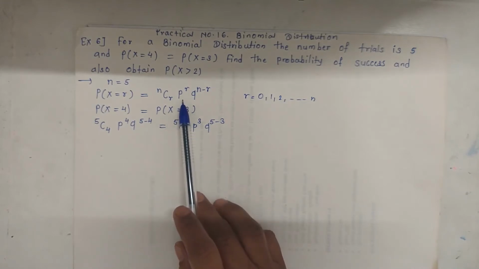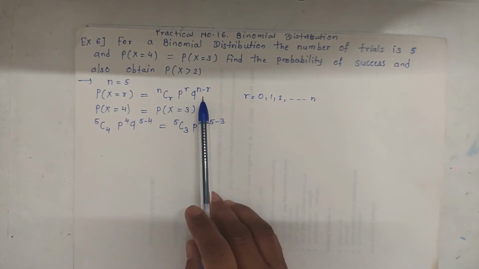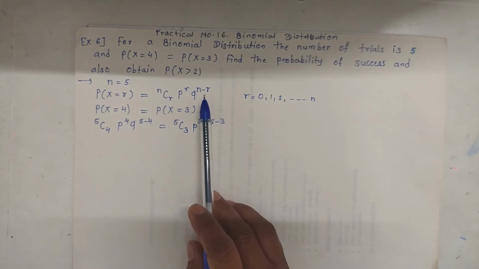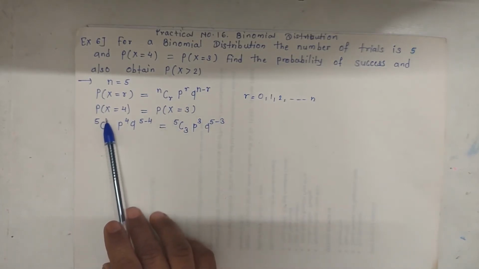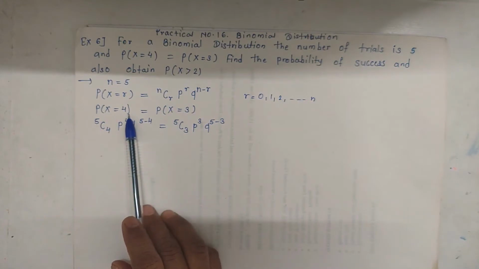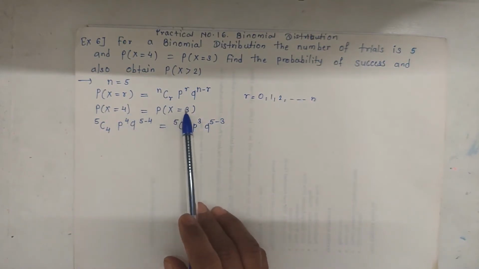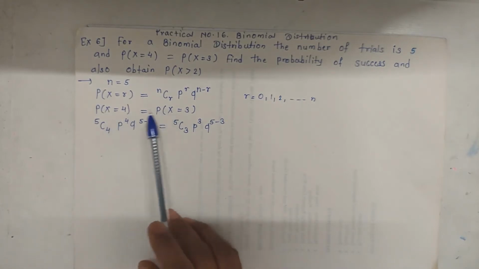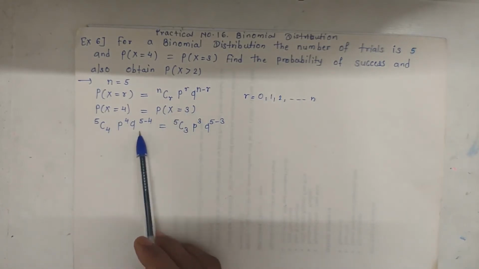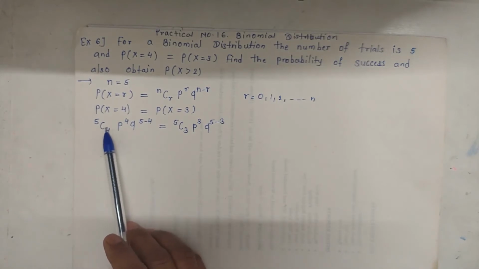Here p is the probability of success and q is the probability of failure. Now the given condition is probability for x is equal to 4 is equal to probability of x is equal to 3. Both the probabilities are equal, so we can write using binomial distribution